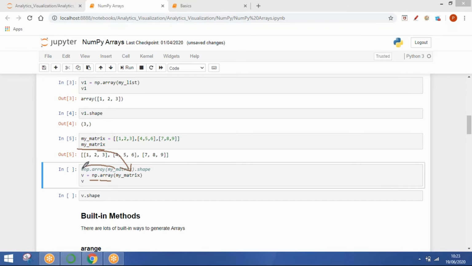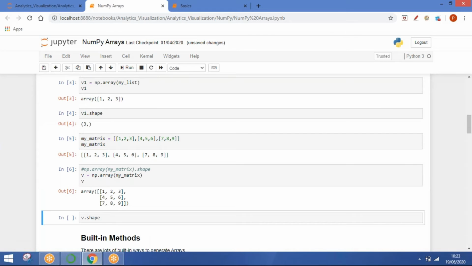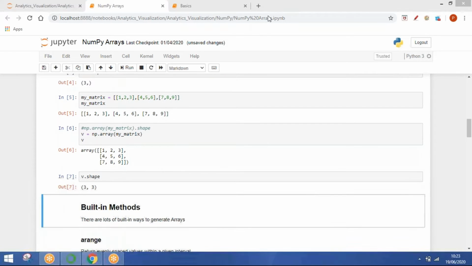And then the output of this array will be passed to a variable named v, and that variable will be printed over here. How? Let's see now. So this time you will get a 2-dimension matrix, and if you want to check the dimension, you can see we have 3 rows and 3 columns. So this is coming as 3 rows and 3 columns, where we have 1, 2, 3 rows and 1, 2, 3 columns. So this nested list is giving you the result as a 3 cross 3 array,